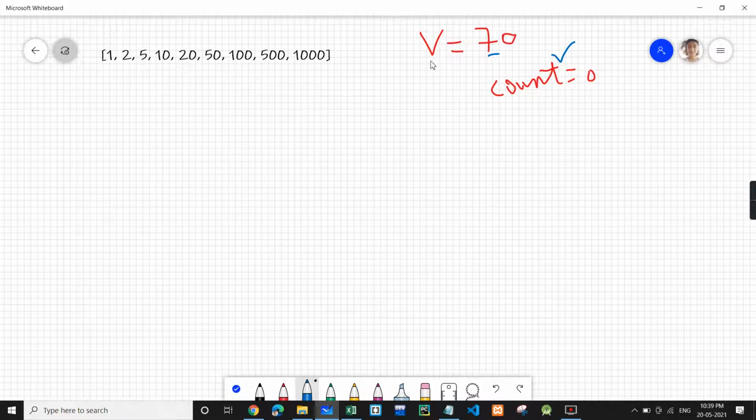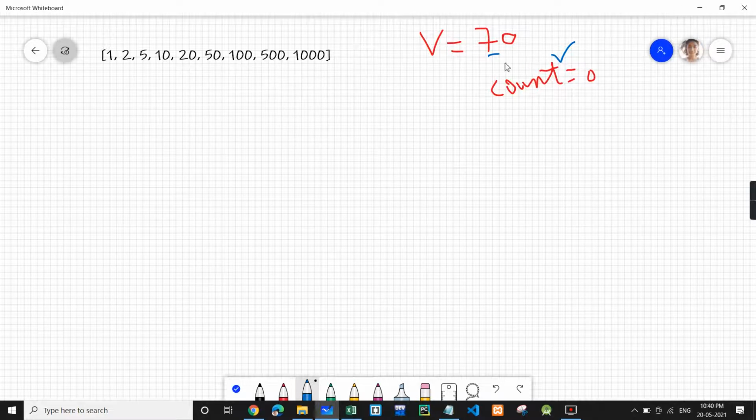So how does greedy come into the picture? Whenever we see maximum or minimum we can think of greedy, and the minimum number of coins will be possible only if we take a coin of bigger denomination, so that the overall value is decreased, so we'll require fewer coins.